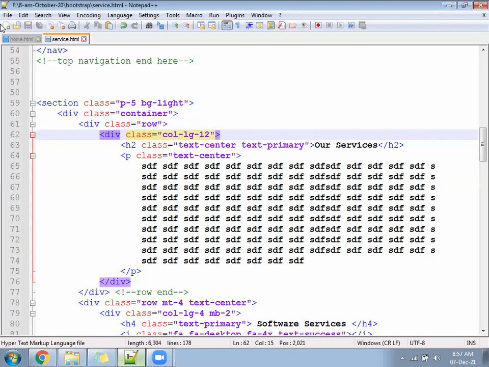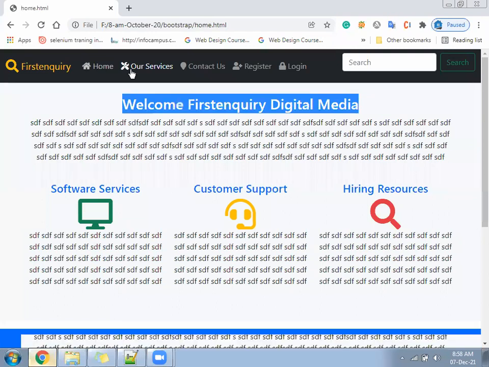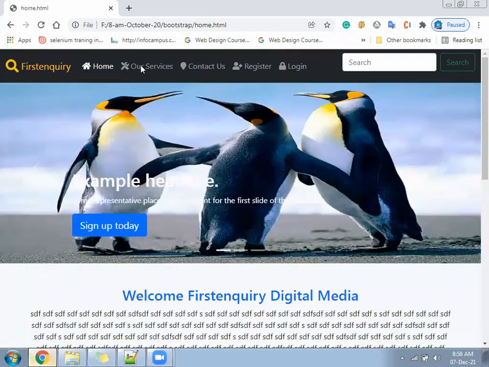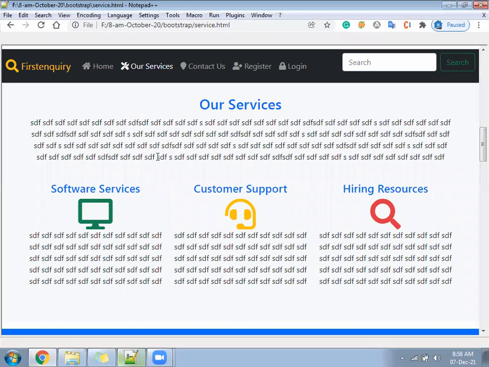After that, your home file should be working well and the services file should be working well. Let me share the services file.